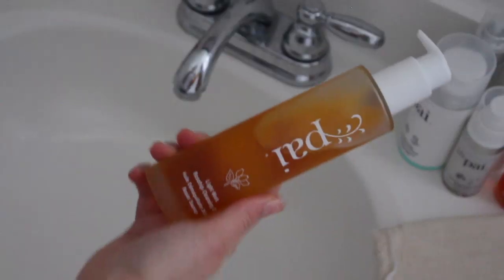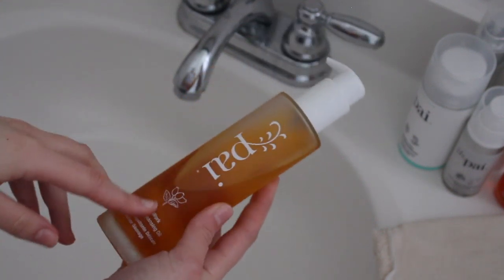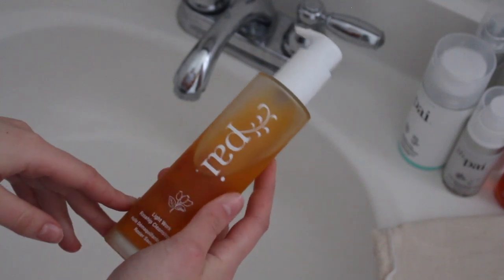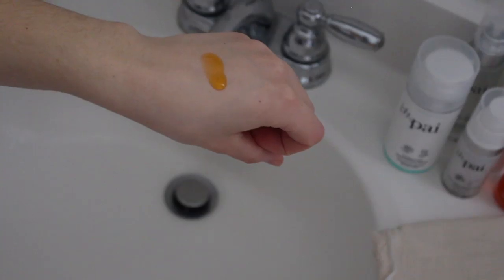So as I mentioned, the product I'm about to talk about is the one that got me into Pai and piqued my interest because I fell in love with this product. This is the Pai Lightwork Rosehip Cleansing Oil. It's $56. They do have a travel size of this, which I keep in my travel bag at all times. It's the one product that I always bring with me. If you guys are not familiar with cleansing oils, they are like an oil-based cleanser. I feel like you could put 2 and 2 together. You use it as a first step cleanse to remove your makeup,